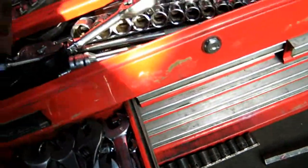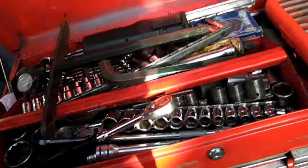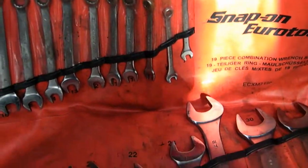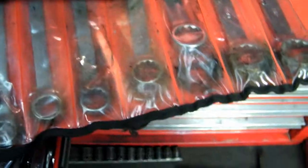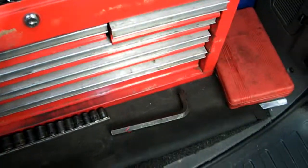Right. Another set of spanners I carry around with me, these Snap-on ones from work. Well, what I've had to do from work. 16mm, that's what I wanted, because we were doing my level bungs,